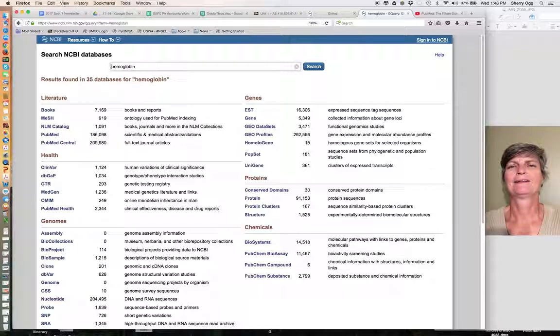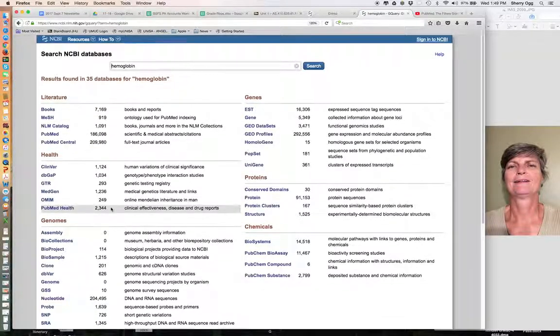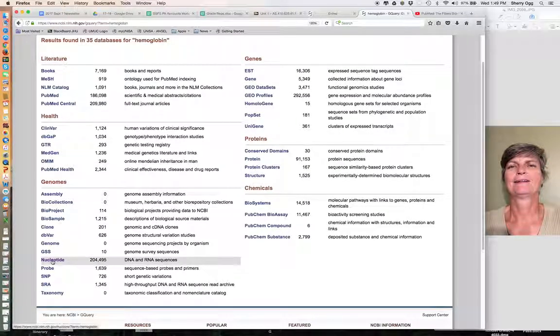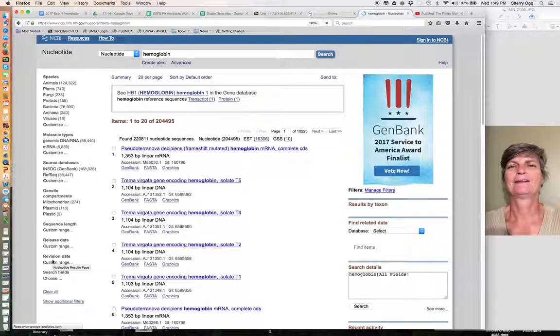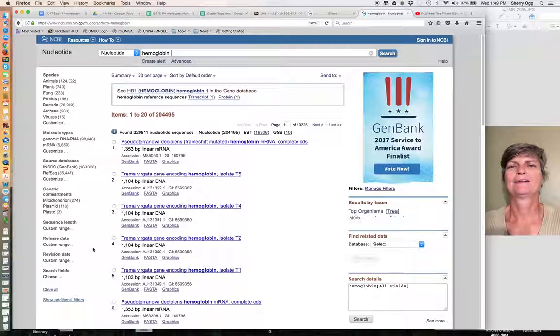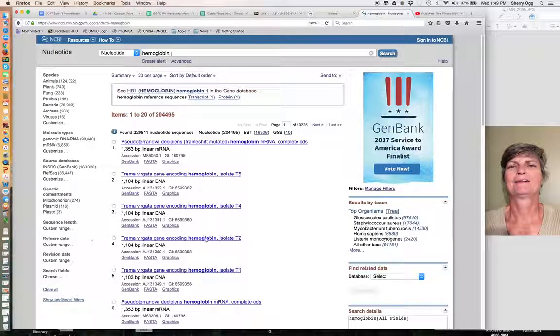As we've seen before, you can see all the results for many different categories. What we'll click on is nucleotide for our example, and that will give us our hemoglobin results. And as you can see, there are a lot of them, 204,000. So what we see on the left-hand side